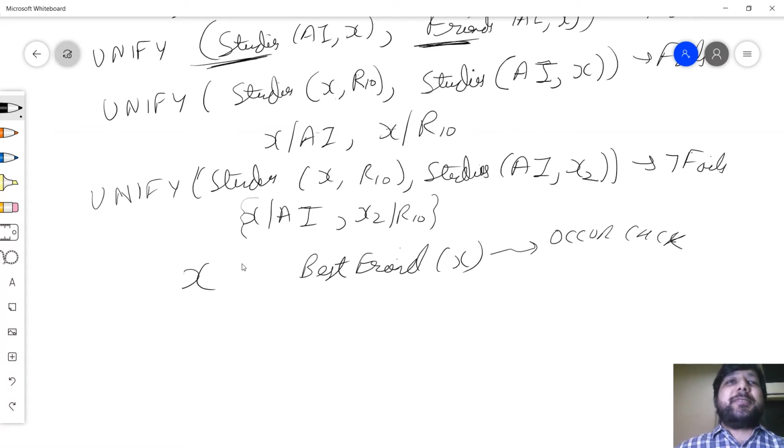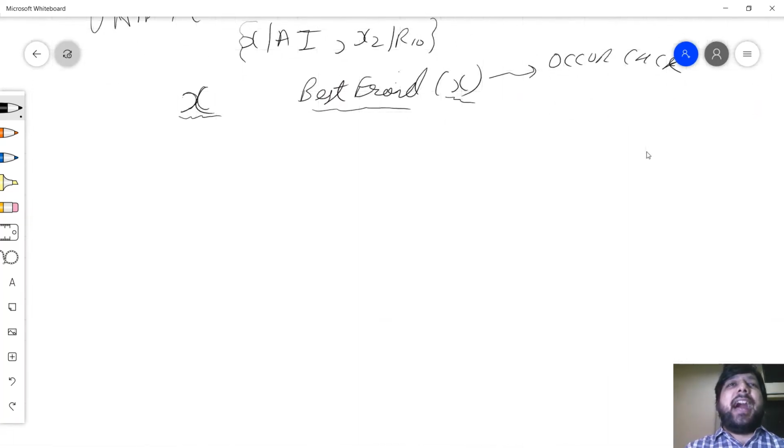So all that you do is check if the variable that you have also occurs in the relation, and then it is a good idea to say that X equal to best friend of X is absolutely not possible.